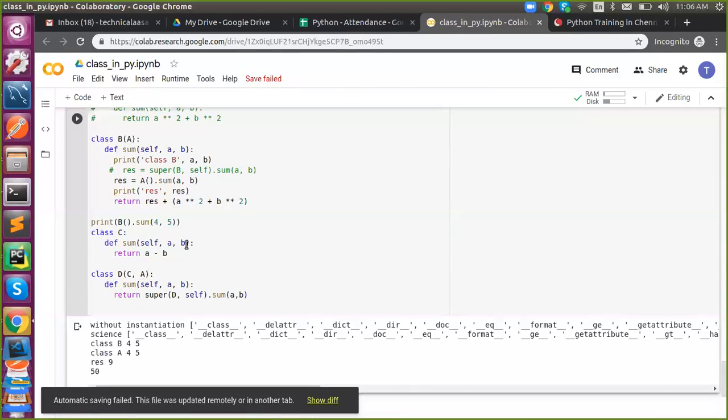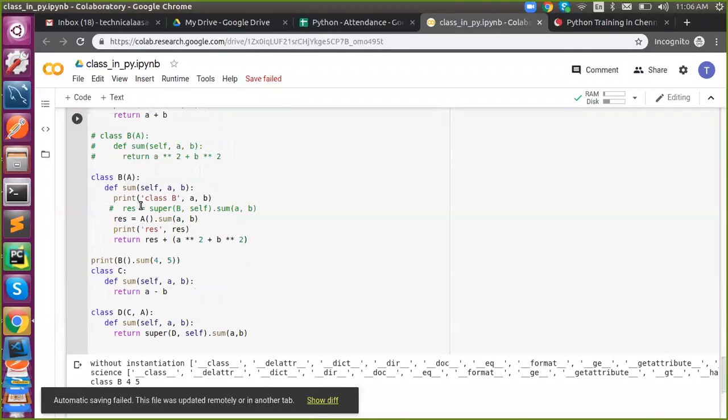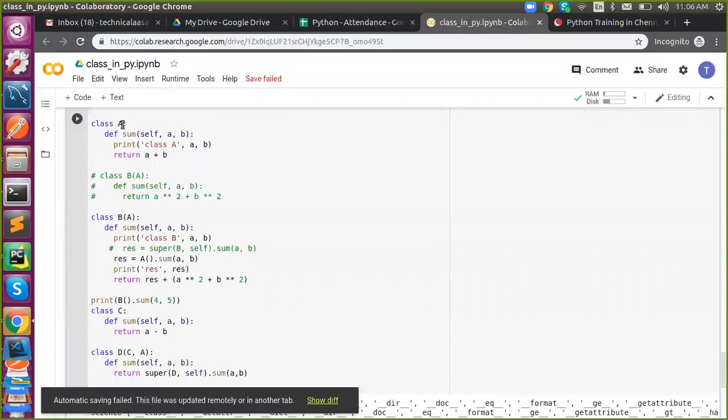But without instantiation, what happened? This is actually supposed to create an instantiation, right? Without that, we can implement it this way. This is not actually taken from inheritance, because class A was defined outside, so this is fetching from outside.